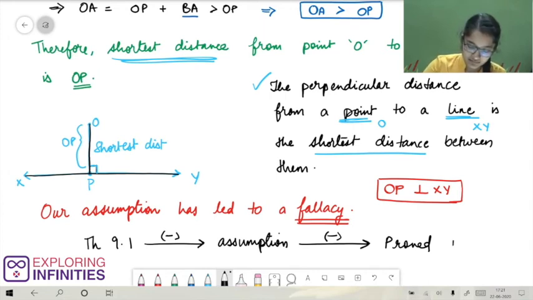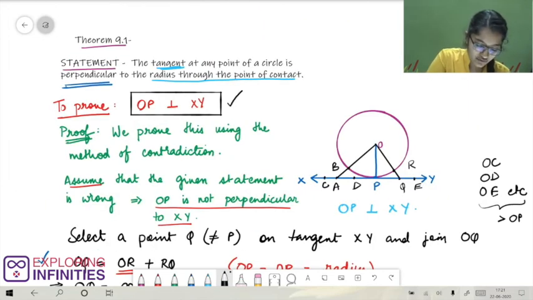Hence, what we proved here, that OP is perpendicular to xy, is correct. So the statement that we have to prove has been proved. Hence, we can say that the tangent at any point of a circle is perpendicular to the radius through the